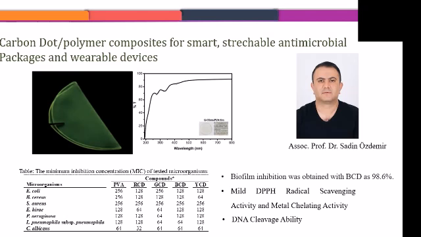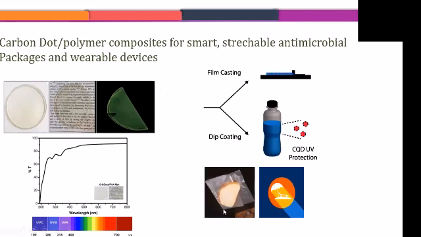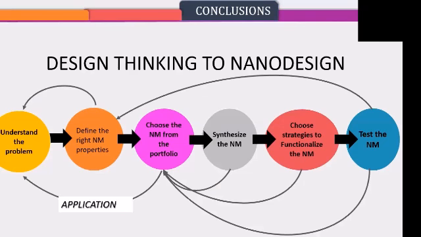So they are metal chelating, and they cleave DNA of the bacteria, so they are antimicrobial this way. Now we are trying to find out if we can use them for food packaging or UV protection, not only for industrial materials but also for skin care. So you see that we came from the antimicrobial properties and we came to the use of them in the industry for food packaging. So I hope I can give you some examples of design thinking for nano design and explain how we can use the design thinking there.